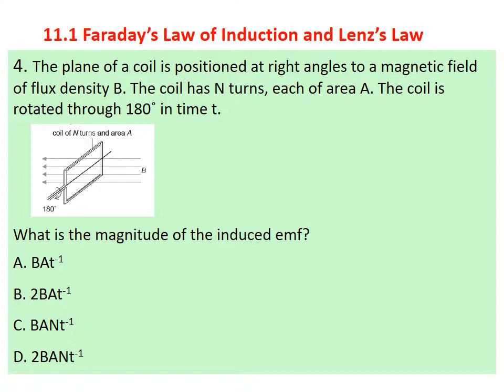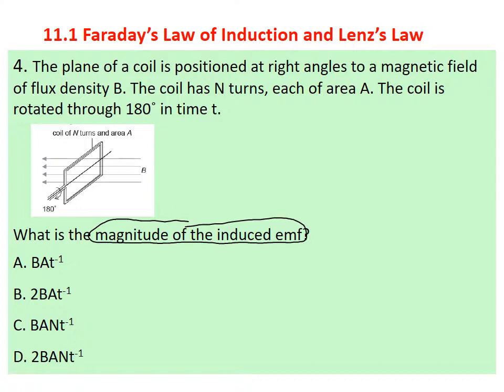The plane of a coil is positioned at right angles to a magnetic field of flux density B. The coil has N turns, each of area A. The coil is rotated through 180 degrees in time t. What is the magnitude of the induced EMF? So between 0 degrees and 180 degrees, we're going to figure out the total EMF produced